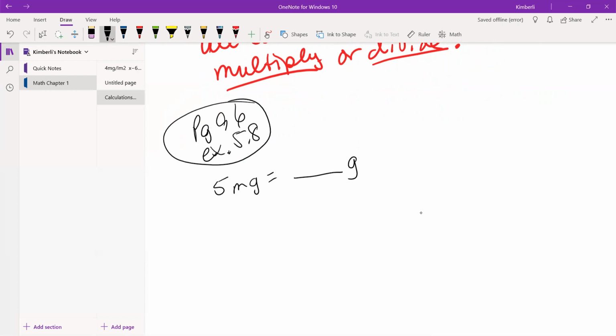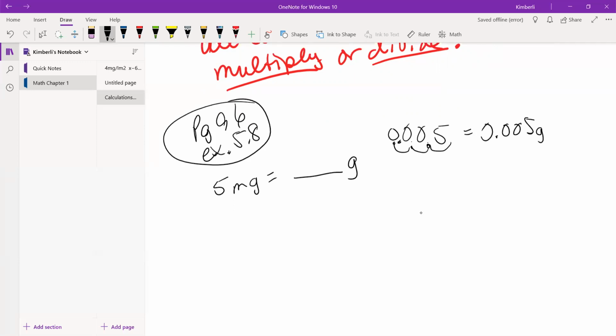You're going to have fewer grams, but let's look at our conversion factor again. This tells you that you can move the decimal place 3 places to the left or divide by 1,000. It says that on page 96. So you would take your 5 and you would move the decimal place 1, 2, 3 places, and your answer is going to be 0.005